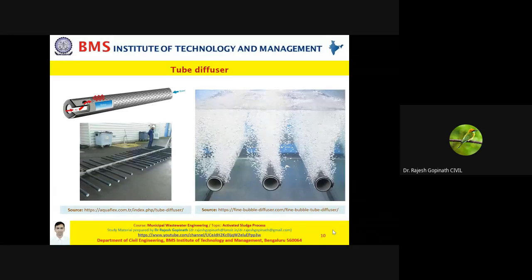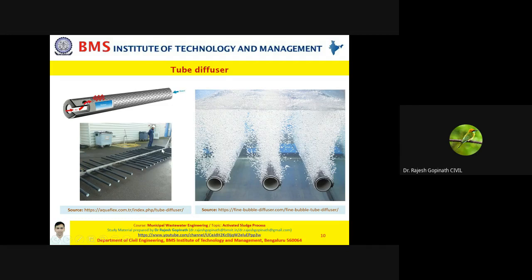One is your tube diffuser, and second is your plate diffuser. What you're seeing on the screen is tube diffuser. So you can see here, this is how the tubes would be kept on the bottom of the aeration tank, this system. So multiple systems like this will be kept on the bottom of the aeration tank based on a design attribute. And of course, each of these tubes would look something like this, wherein the compressed air is